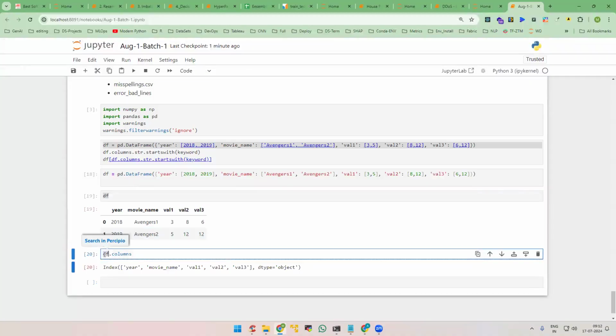That's the reason I gave df. If it is some other name, you need to give the appropriate name. So df.columns will give us the list of columns. And if you want, we know startswith, right? What we need is all the columns in the data frame that start with val. So it's just startswith